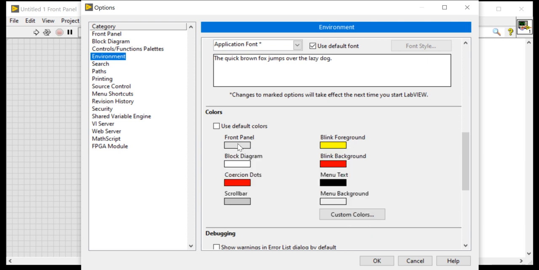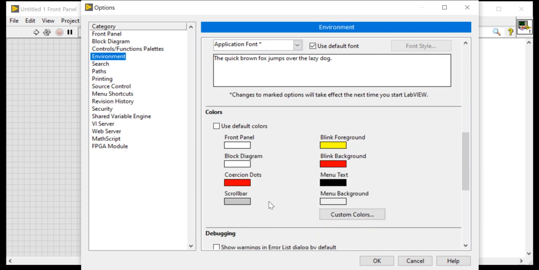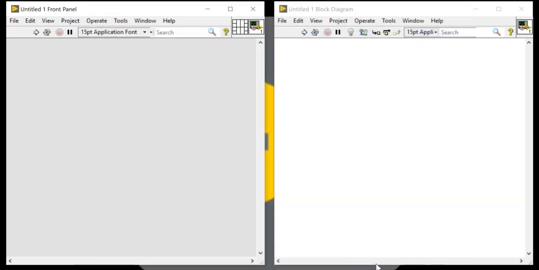When I left click on the front panel, I will get these color options. In these color options, I will select white. You can select anything as per your taste. Now I will hit the OK button. Now you can see it looks okay. The gray line has been disabled.